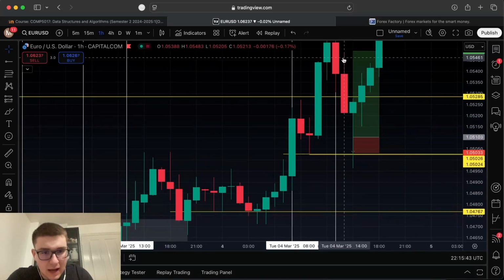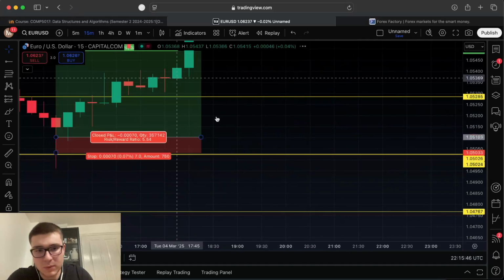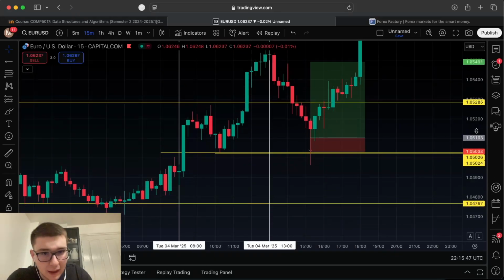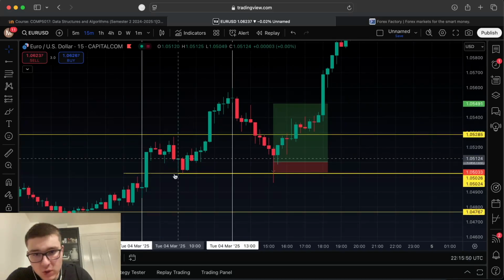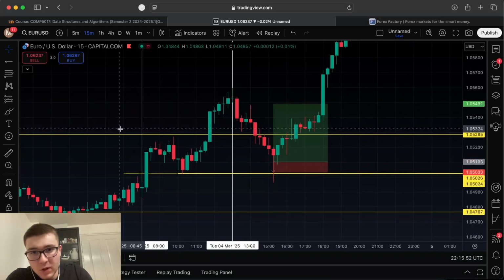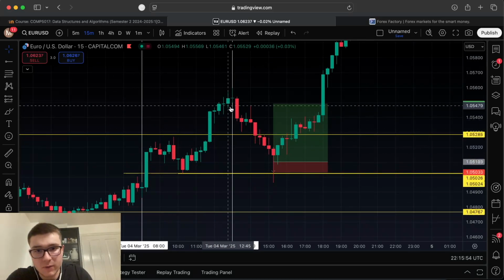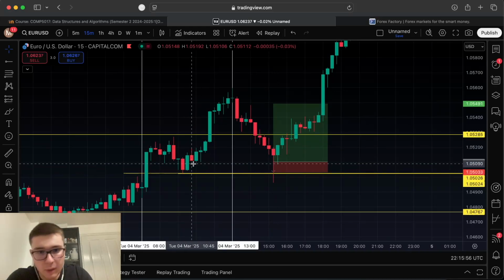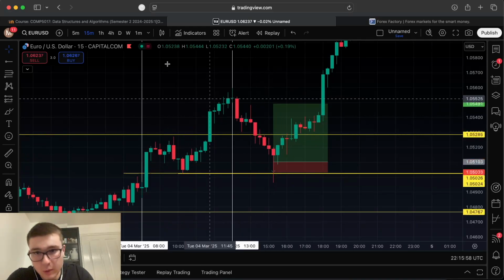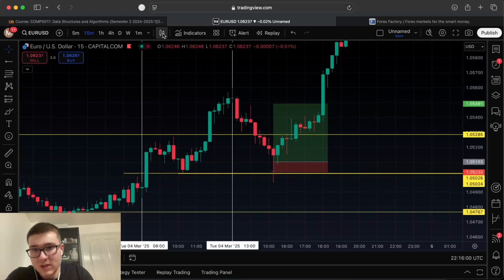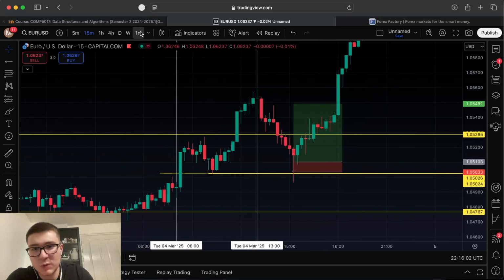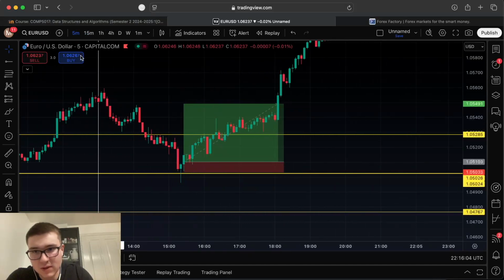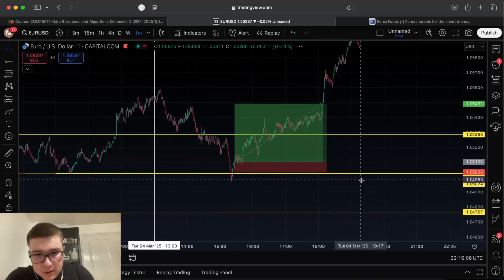So we got this hourly reaction zone, this liquidity sweep just here. After that, I did want to look for longs. So this is a classic strategy of setting the bias and then looking for drawdown on liquidity on the 1 hour. We got the drawdown, we had the liquidity sweep, and then we wanted to look for longs. So we need to zoom in even more for this. Even the 5 minutes doesn't do it justice. So on the 1 minute,